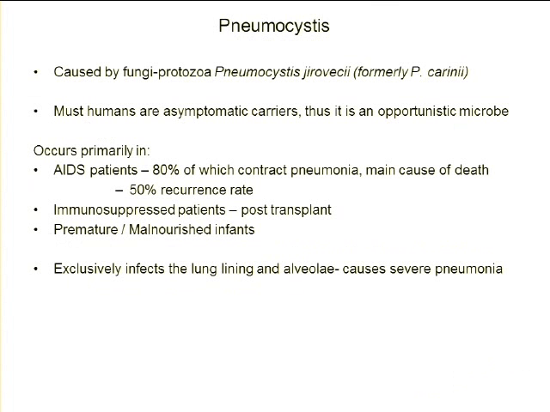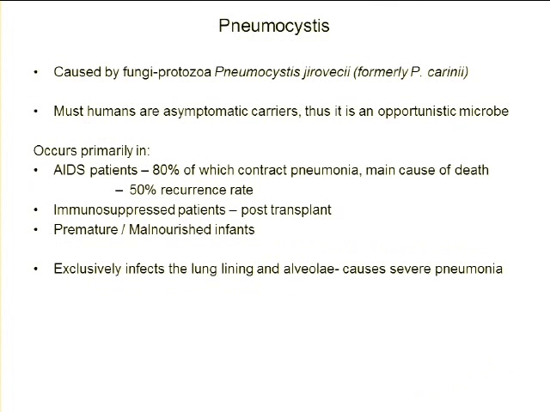All right, if there's no questions, let's move on to Pneumocystis. Pneumocystis is a very unique organism. It's classed as a fungal protozoa, so it's got fungal features and it's got protozoal features. This is caused by Pneumocystis jirovecii, which was formerly called Pneumocystis carinii, and we talked about this in the name change. So it will be beneficial to you. You'll see this in fourth year for sure.